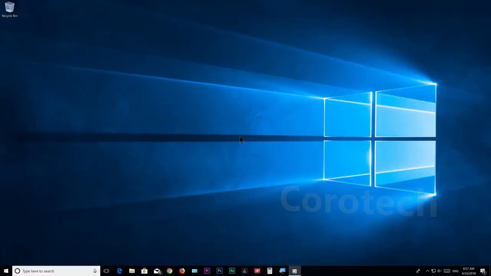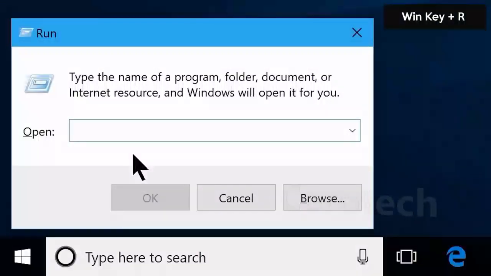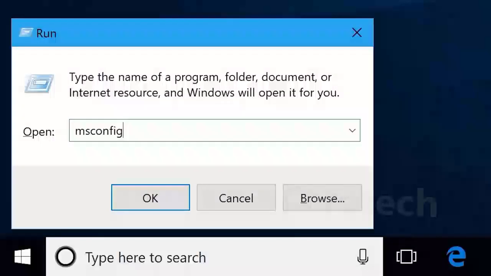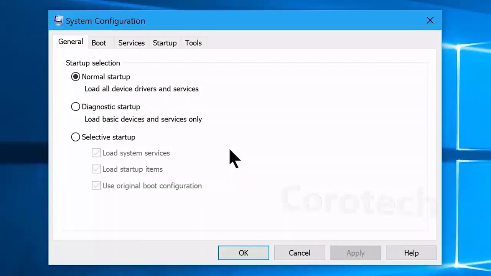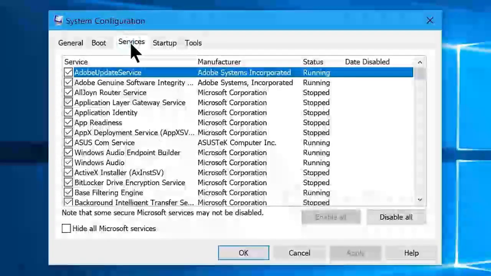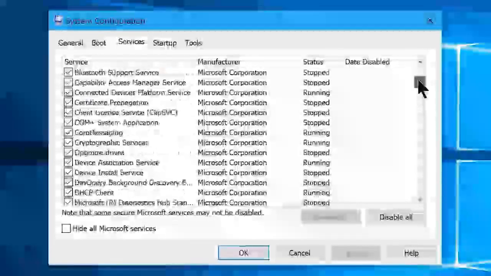First you're gonna need to open the Run box by hitting the Windows key plus R shortcut on your keyboard. Now type in msconfig and click on OK. Now it'll open the System Configuration window. Once you are here, move over to the Services tab and you will see all the services which are always